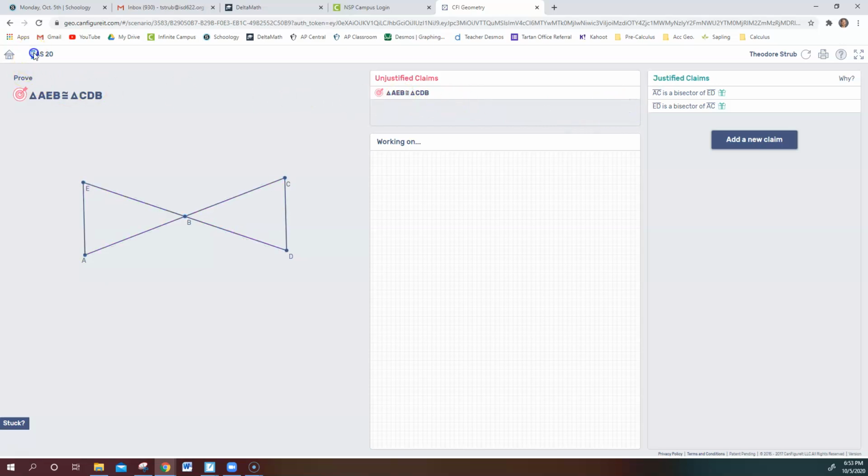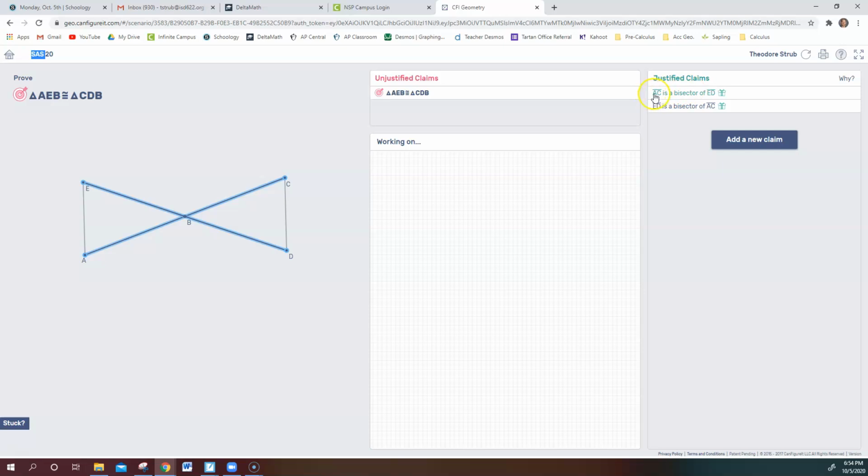And here's a hint. Right away, if you look at side angle side 20, that's the name of the proof, but it also tells you how to prove the triangle is congruent. That's your goal, is use side angle side. So what does that mean? It means I need two sides and an angle, and I need the included angle. And then using the given information, that's what the little gift box says,